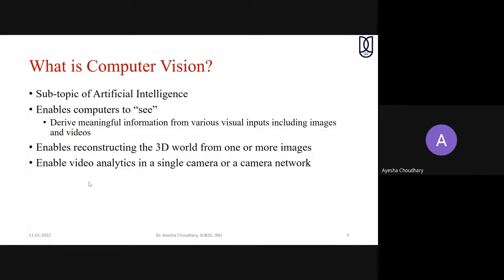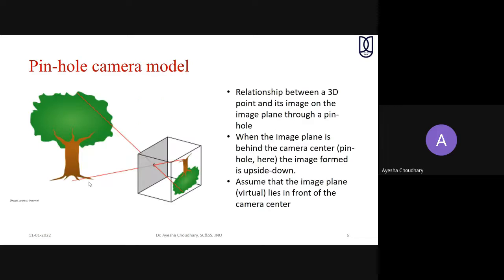So computer vision is the one that does that part. And when we do analytics, we bring computer vision and machine learning together to be able to analyze what is being seen. And then we are able to come up with information that is useful to us. So very basically, I'll just go through this too, so that the rest of the presentation is more